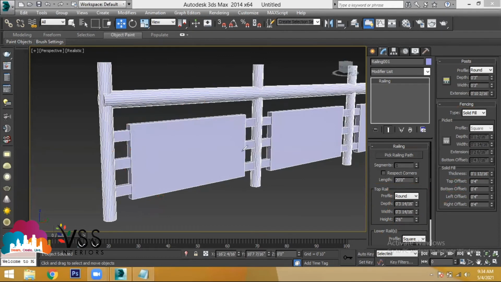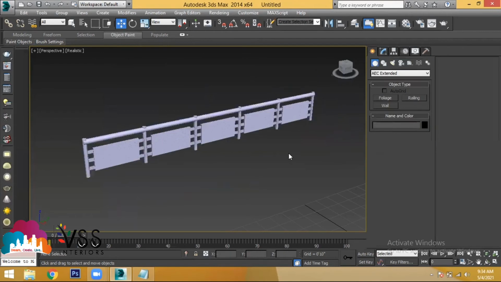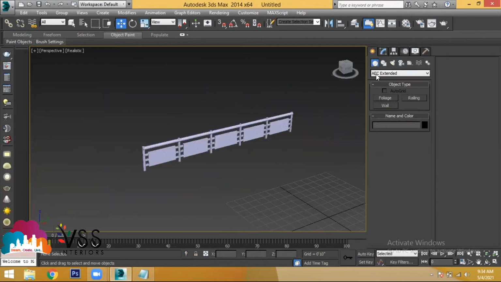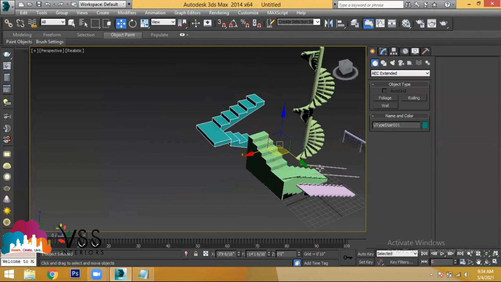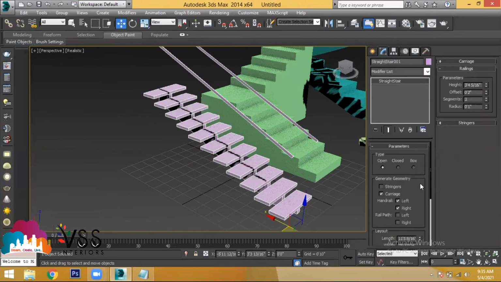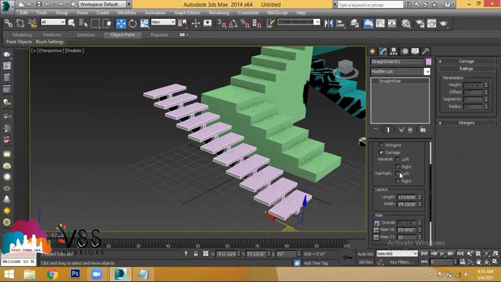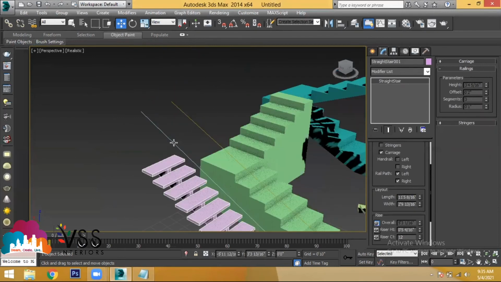So which type of railing do you need? You have to take a type of railing here. So you got some modifications of the railing, right? Now let's say I have a staircase here. Let's say I'm taking a staircase. Select the staircase, go to modify. I'll take out this handrail. Let us take this rail path left and right. I've taken two rail paths, left side rail path and right side rail path. You got 2 lines like this.